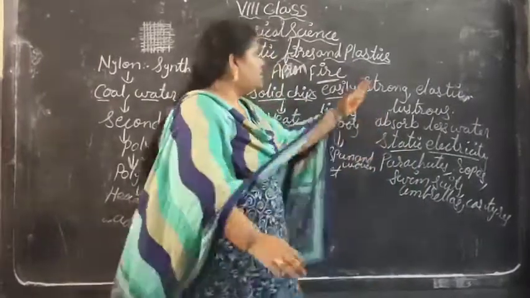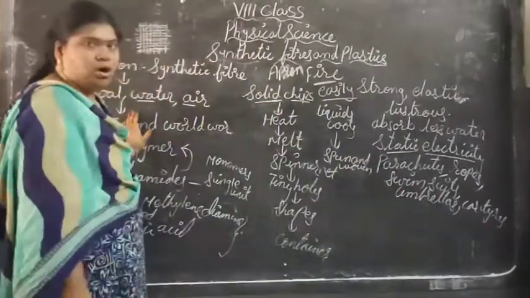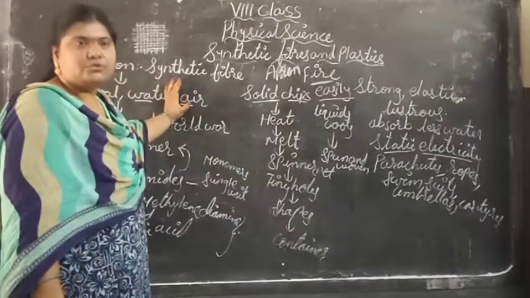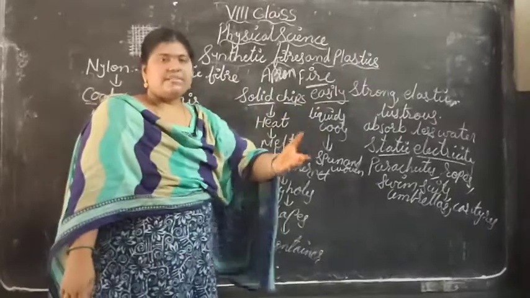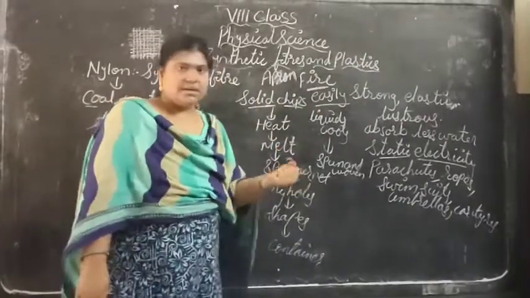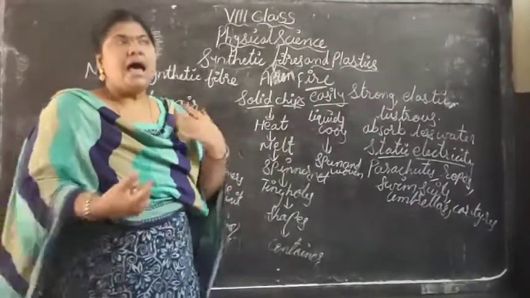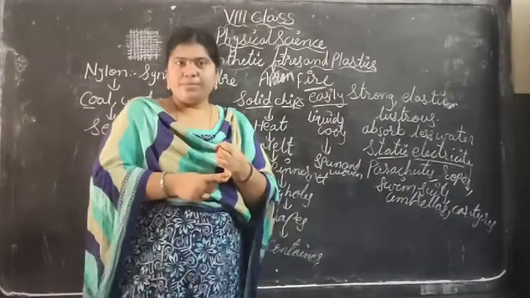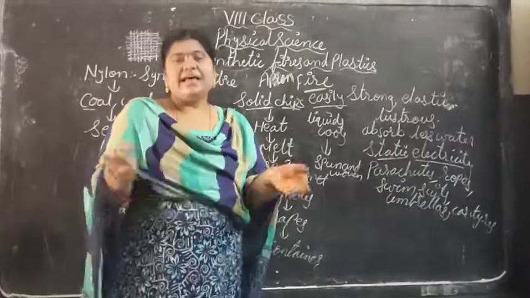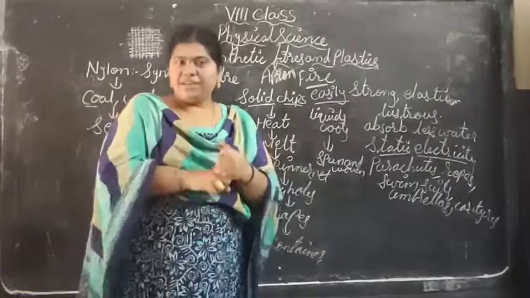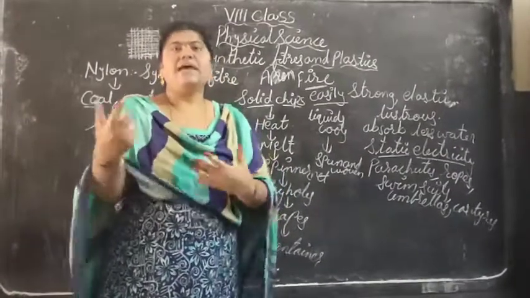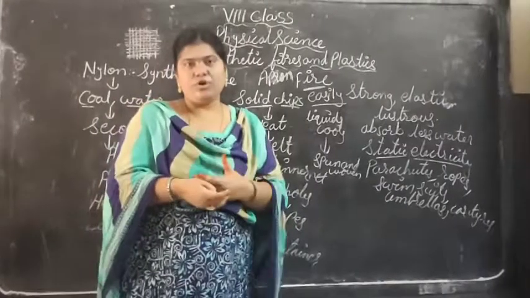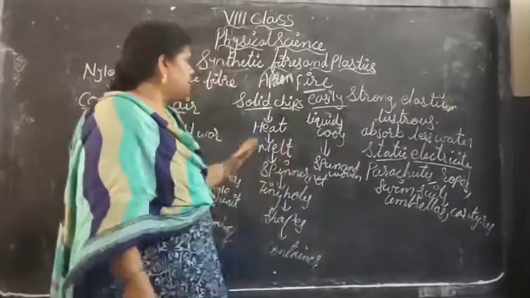This is all about nylon. Already at the beginning I gave you examples of what is made with nylon. We make sarees, and even toothbrush bristles and so on. And we have to see that they are more durable, they are luxurious, they are less in cost, and they are wrinkle free. It is very easy to wash and wear them. They will not absorb more water and dry very fast. This is about the